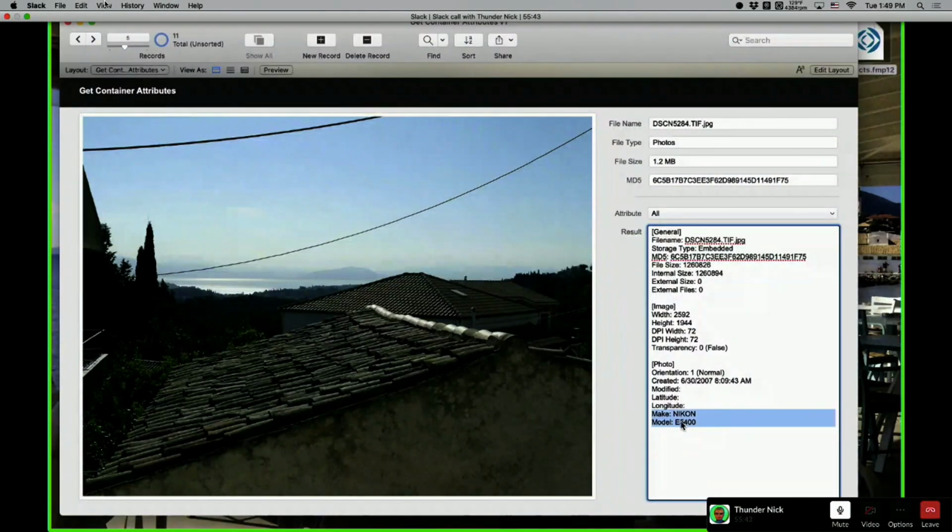And you have the make and the model of the camera, which is great too. The creation date and time, etc. Here you have the transparency, the DPI, the height and width, okay? So you have the size of the photo. Those are very valuable information.